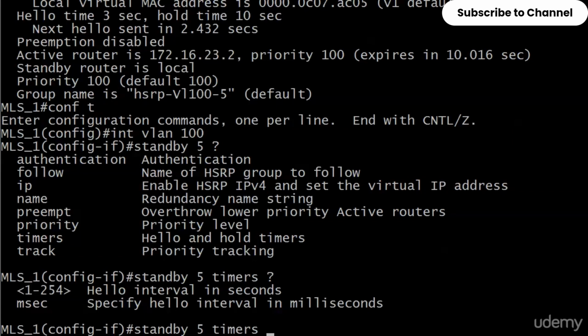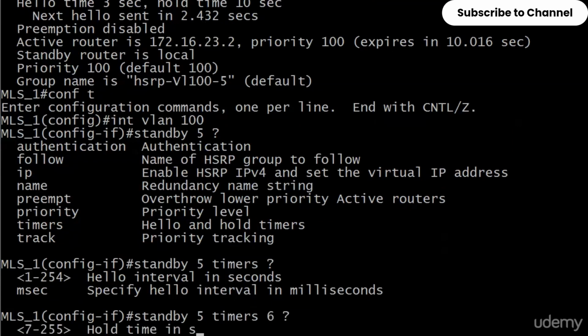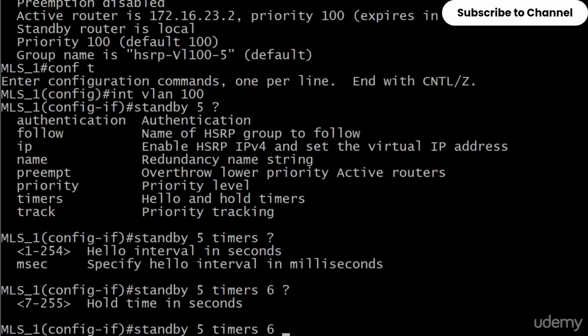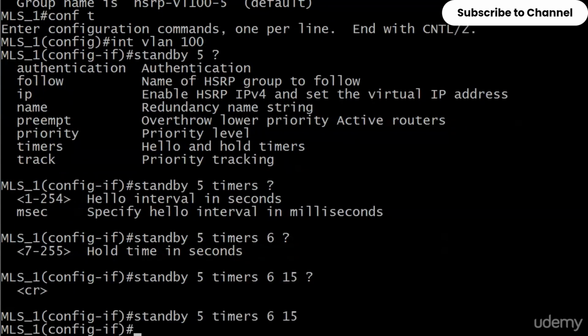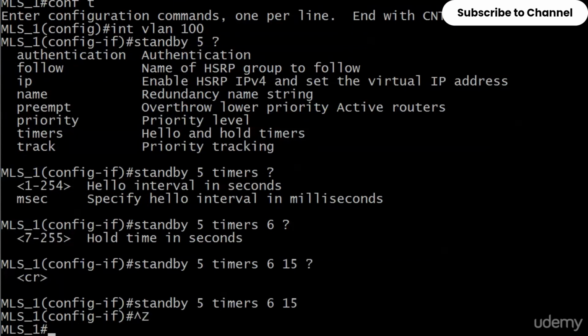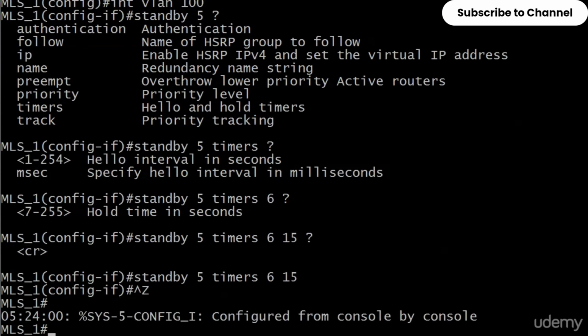What I would do here, let's say we want to double that, and then you've got to enter a hold time, even if you're going to keep the 10-second hold time. Notice that we do not have a CR here, so you've got to put it there. We'll go with 15 seconds here. So standby 5 timers 6 15 means we've reset our timers to 6 seconds for the hello time and 15 seconds